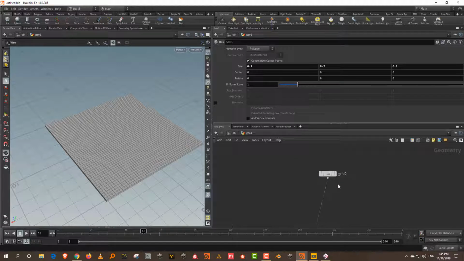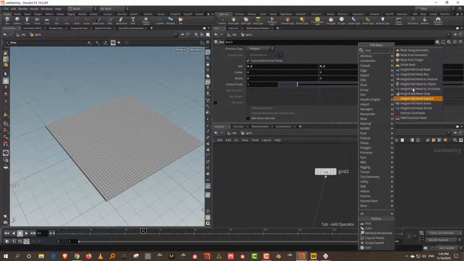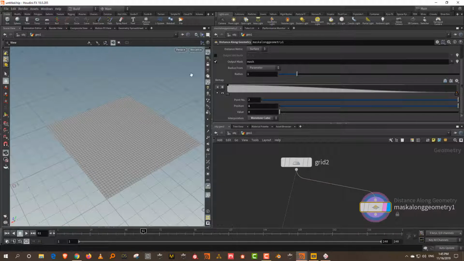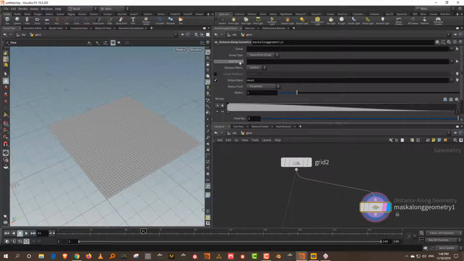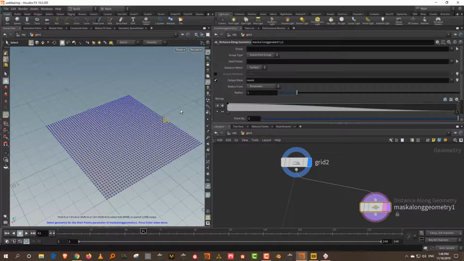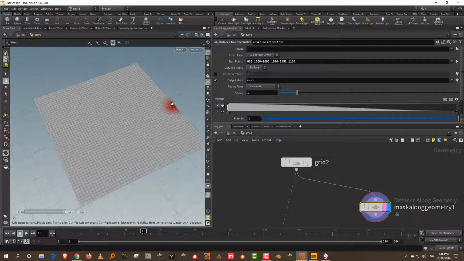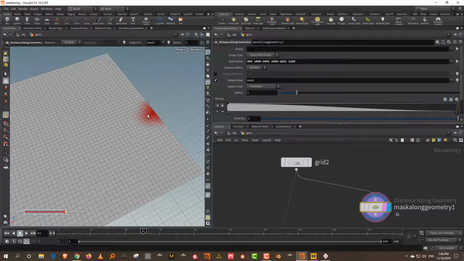Okay. So if you type in mask, you'll get these three things, which say mask from target, mask from geometry, mask along geometry. So we'll do the first two. Okay, so we'll do mask along geometry. What that does is if I plug this in and if I make a selection, it generates an attribute called mask. And what it needs is a start point. So I can take a start point here, and let's say if I pick this as the start point, you'll notice that it generates a color based on those start points. And then you can generate a radius from here.